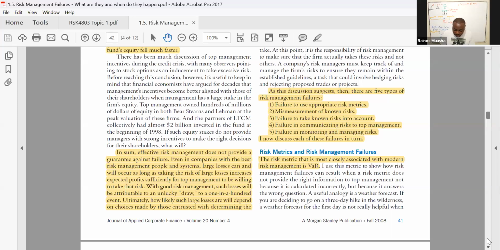So with good risk management, such losses will be attributable to an unlucky draw, to a 1 in 100 event. Ultimately, how likely such losses are will depend on the choices made by those entrusted with determining